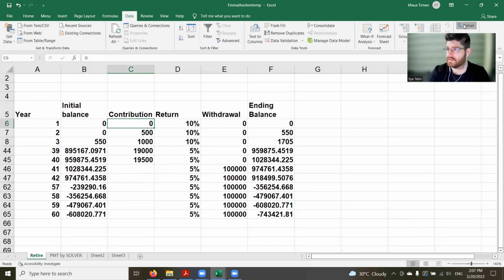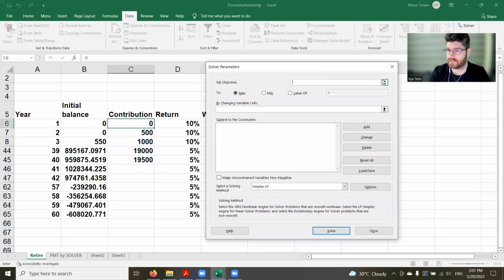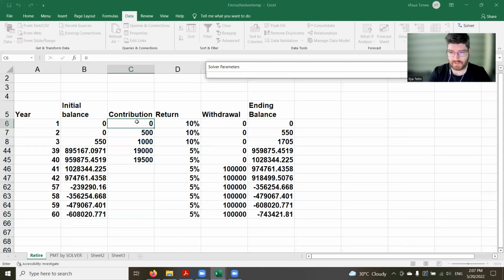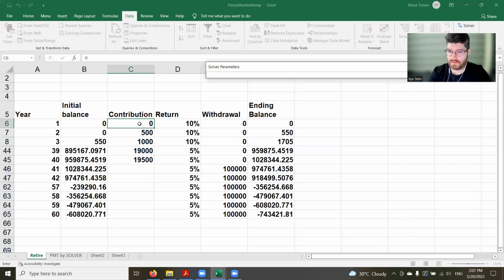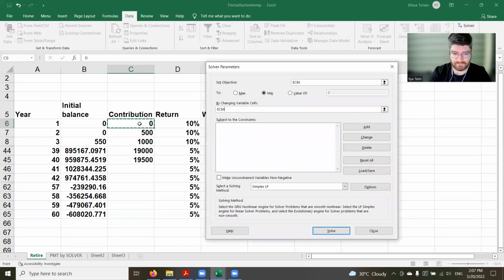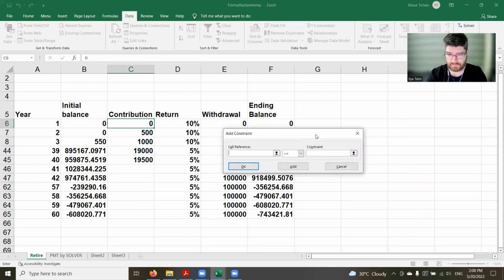Okay, so solver, set objective. We need to find the minimum value of our contribution in the initial as the initial problem, and we're going to change this value as well. This is the single value we have to change, and the constraint will be